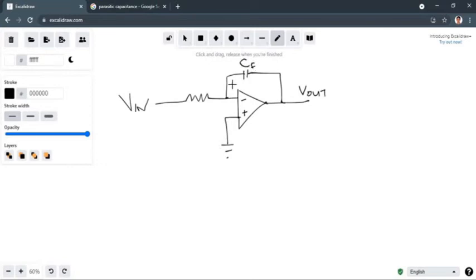So let's just call this R and C. The voltage gain for this one is V out over V in, which is equal to 1 over RC, or the time constant, right? Hopefully you still remember your time constant, times the integral of dt